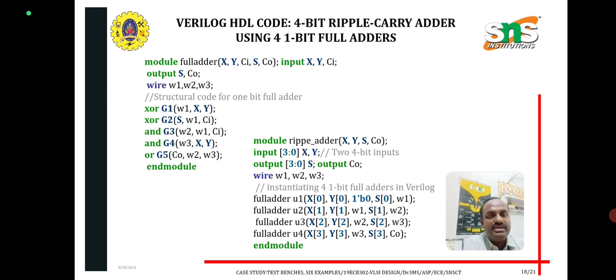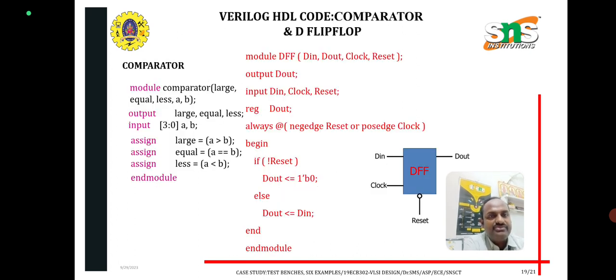Look at this. First we are writing the full adder coding. Again we implement the full adder coding using that value. So look at this ripple carry adder program. Here we are using the full adder U1. That means that full adder is implemented inside this ripple carry adder. That is the concept. And again for making this comparator and D flip flop, we are making the comparator